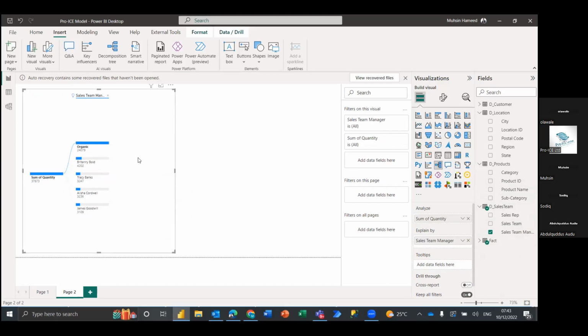So if I want to go ahead to explain this, another line to say that I want to break further, probably for the organic person, to say what are the major products that the organic person was able to sell or something like that. So I can pick the product's name, for instance,